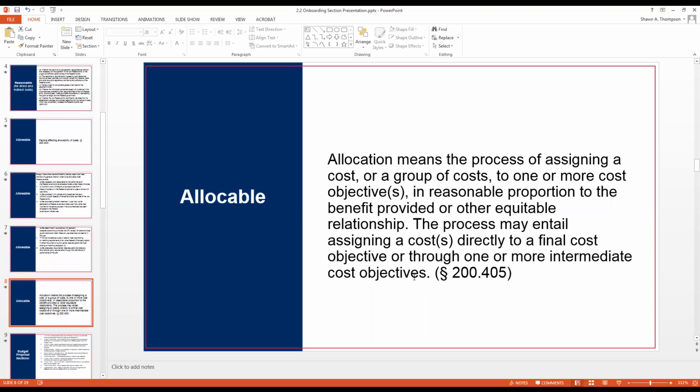The last term is allocable. Allocation means the process of assigning a cost or a group of costs to one or more cost objectives in reasonable proportion to the benefit provided or other equitable relationship. The process may entail assigning a cost directly to a final cost objective or through one or more intermediate cost objectives. So this is where some of you do time studies, and then your center decides that you have a policy that says we have,